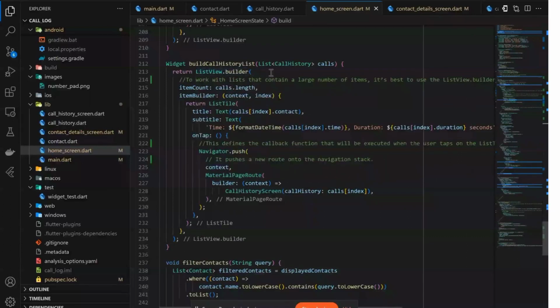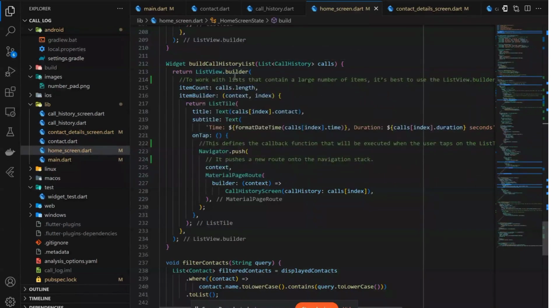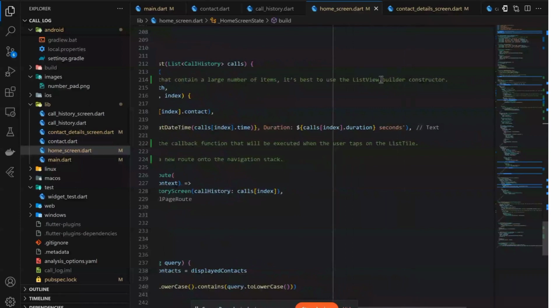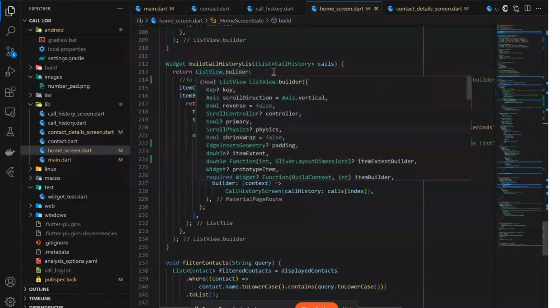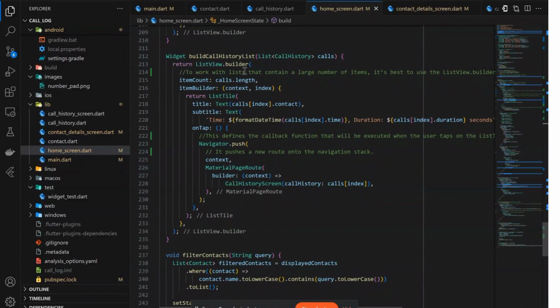List view works with a small list, but list view builder works with a list which contains a large number of items. It's best to use the list view builder constructor. List view is for a small number of items, but list view dot builder is for a large number of items. And inside the list view builder widget, we are using the item count, like we count the items,